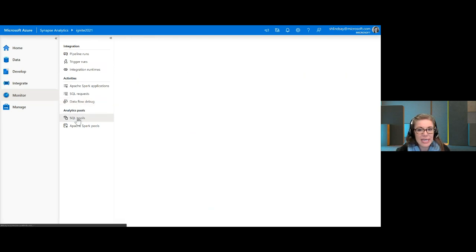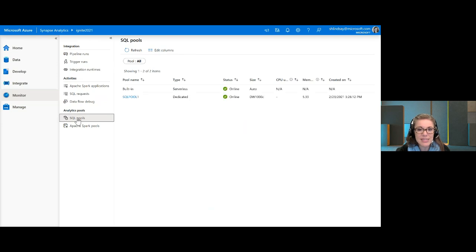But just essentially, if you want to see the status of a job or an activity, the Monitor Activity Hub is where you want to go. It's a really useful area for keeping an eye on the activities that are occurring across the Azure Synapse Analytics data estate. So this is your high-level view of everything that's going on.